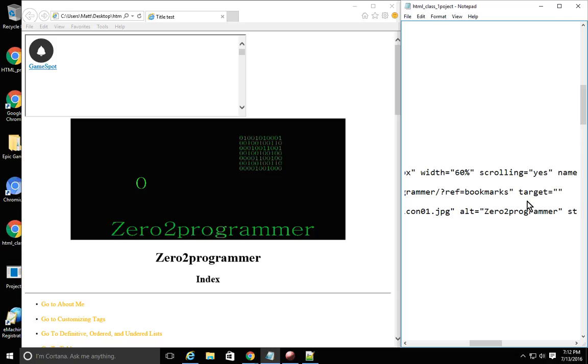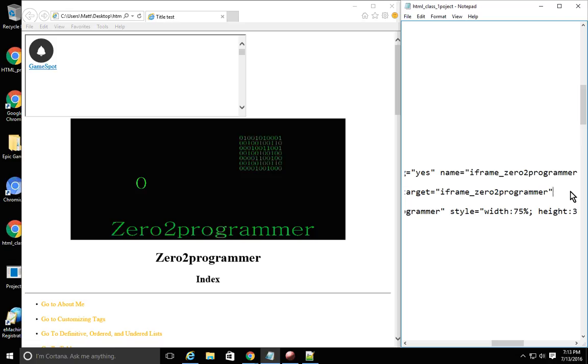So I think I actually said in that video I had no clue what that little blank or that underscore was for. Well, now I know. So we've named an iframe, and we're going to call it that now. We're going to call it iframe underscore 02 programmer. And so now that is going to, after I close everything off,